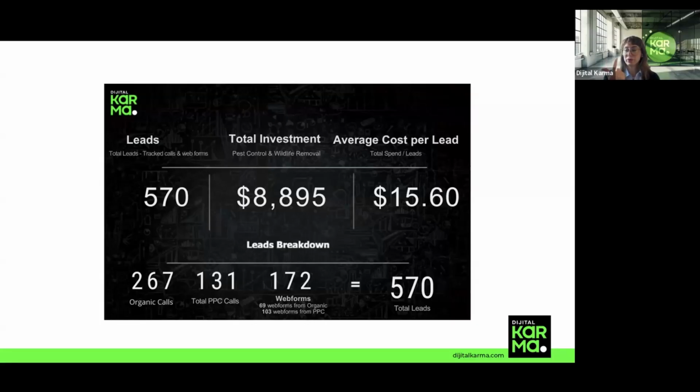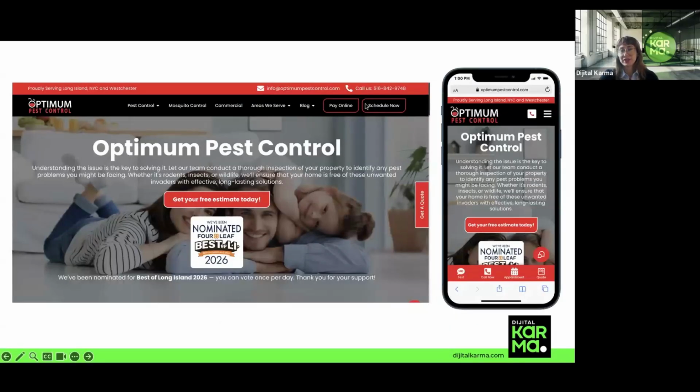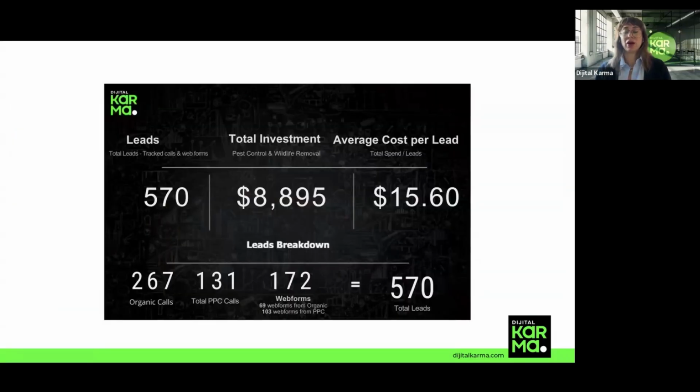Web forms include contact forms and request a quote forms. They also have a pop-up when you land on their web page. And on the website there is an option, schedule now. So if a visitor would like to schedule by themselves, they can schedule directly from the website. It is also included in these web forms.